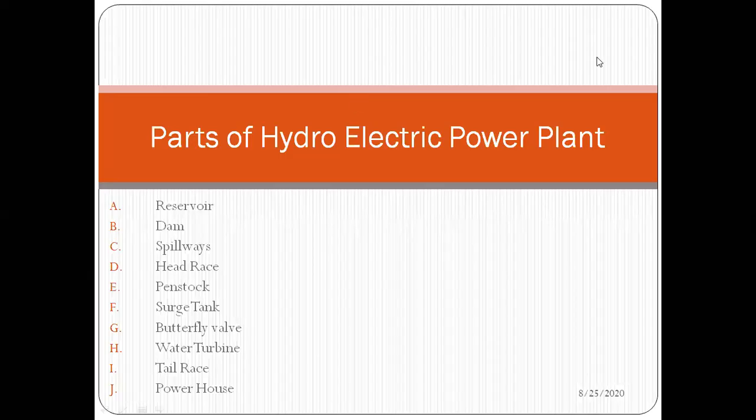Clear? So these are the main important parts of any hydroelectric power plant. One of the most important parts is the surge tank.